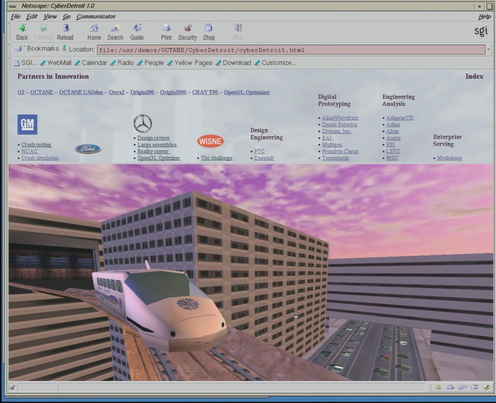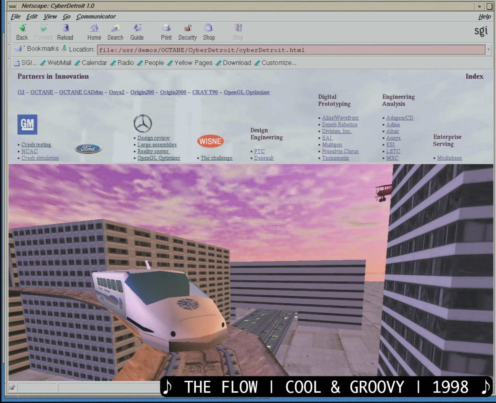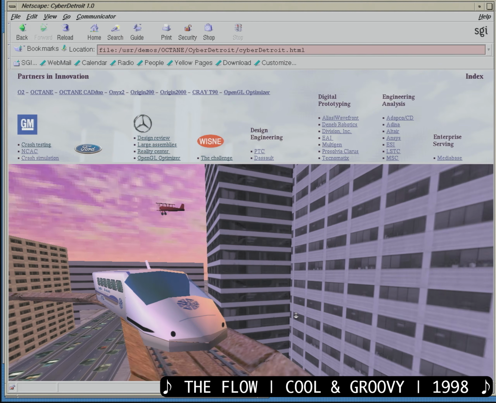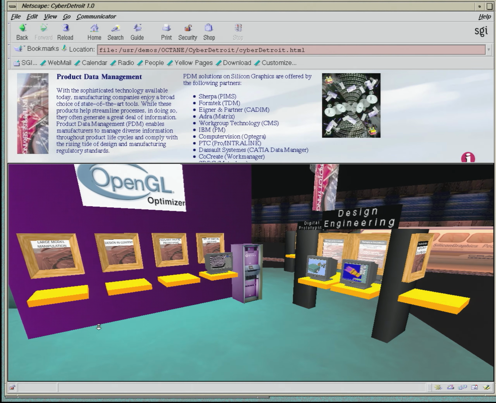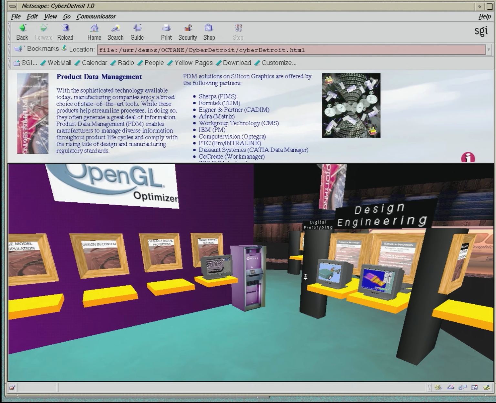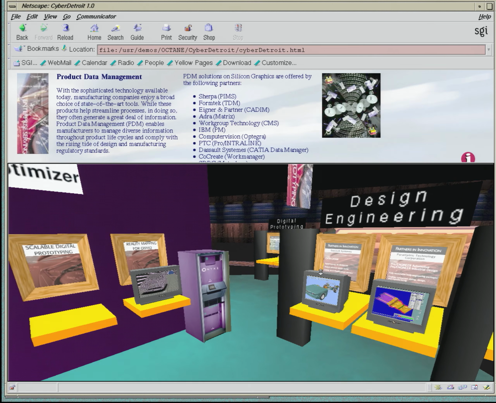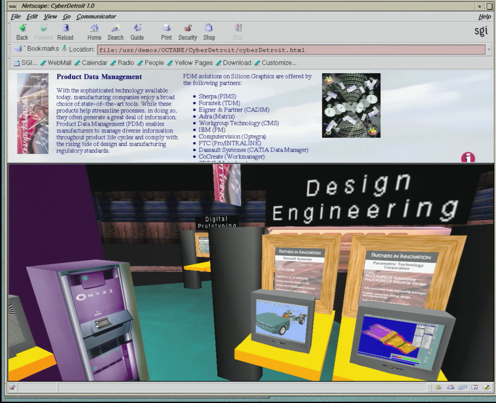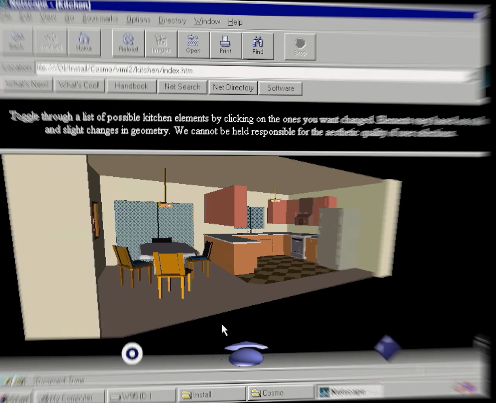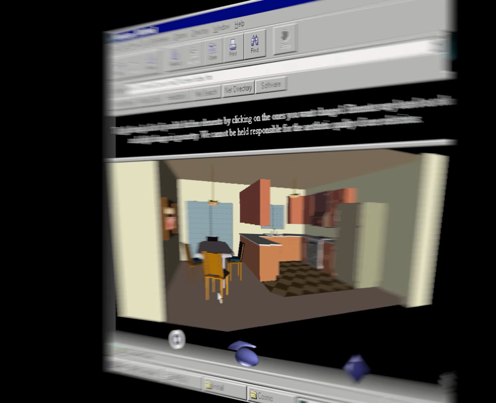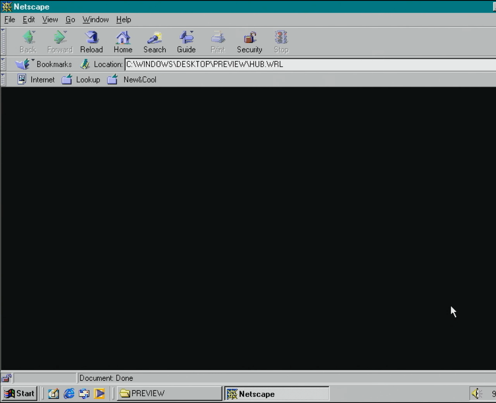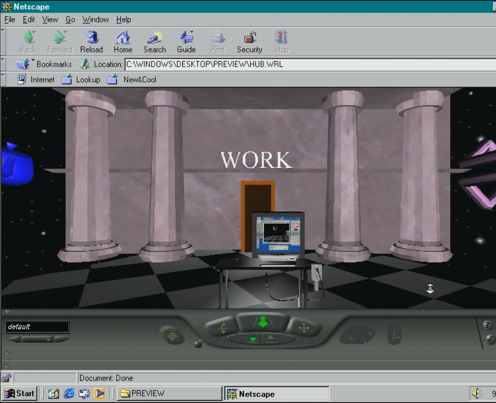So if we could make our own cyberscapes and 3D worlds on the internet, why didn't the technology take off? SGI's trade shows and demos made it look like stepping into the future, but the obvious reality is that most people were connecting to the internet through phone lines, and your average Circuit City special wasn't going to render 3D with much fidelity. By the time that internet speeds and integrated graphics improved to match the full capabilities of VRML,